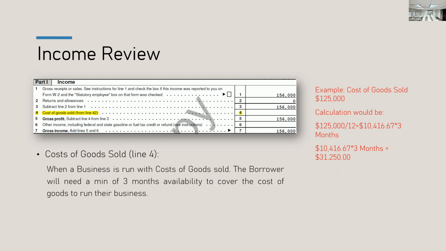So for income review, when we're looking at cost of goods sold, if you have a business that is being run with cost of goods sold, you need to make sure that your borrower has a minimum of 3 months availability to cover the cost of goods to be able to run their business. What does that mean? Let's say they're a produce company selling produce to restaurants. Their cost of goods is basically that they have to go and stock their business with